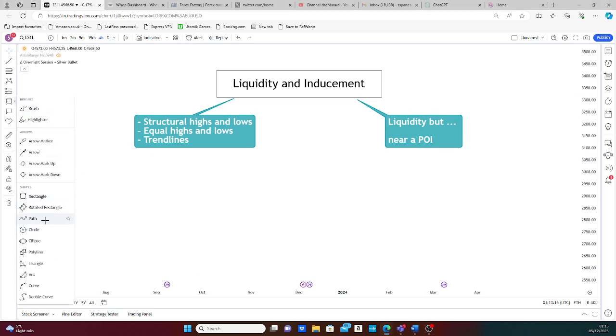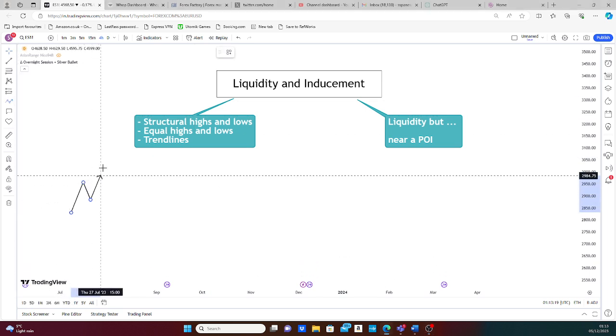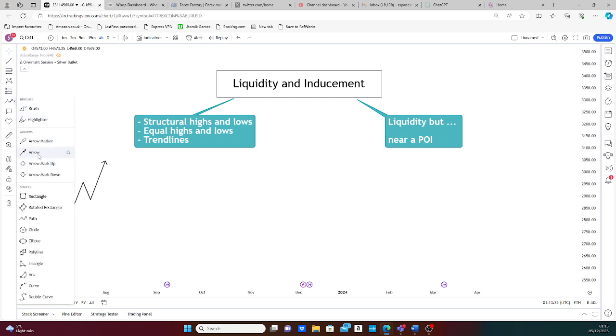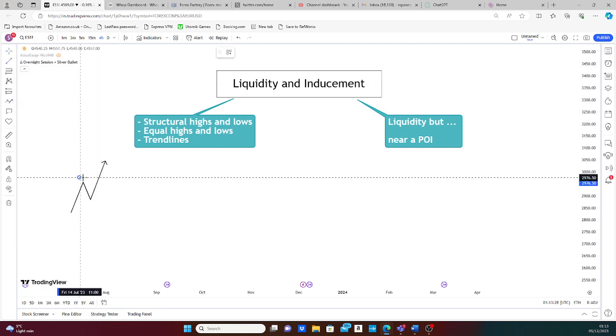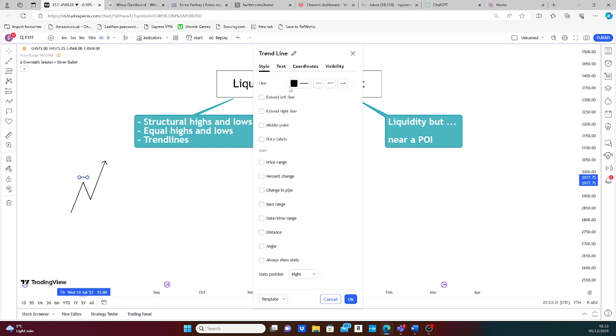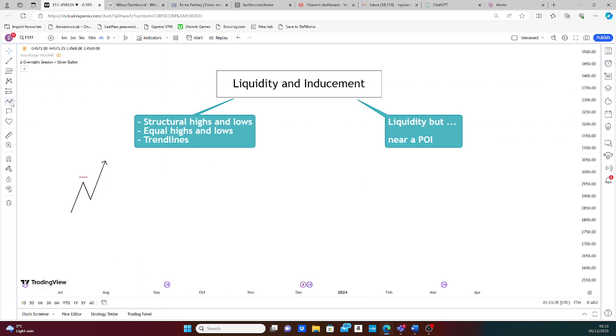So if we look at it this way, what we're going to see is we see liquidity in the form over here. So what we see is we see liquidity above and below equal highs and lows. So we're going to see liquidity in this region. The red lines represent liquidity points. We're going to see liquidity here, and we're going to see liquidity here. All right, that's structural highs and lows. We also see